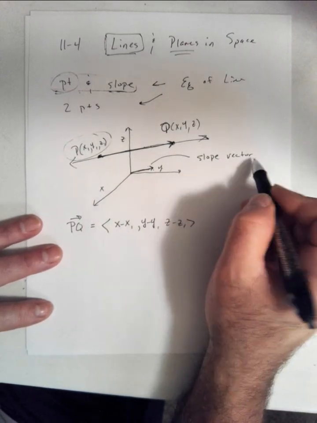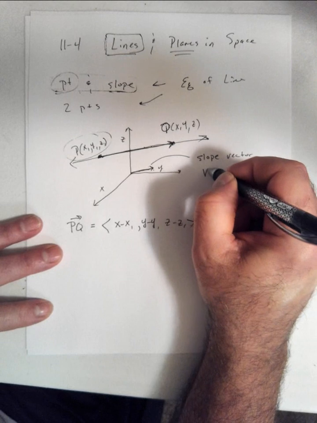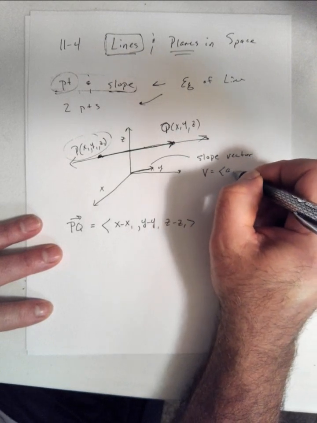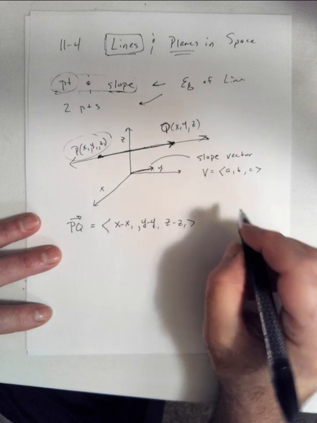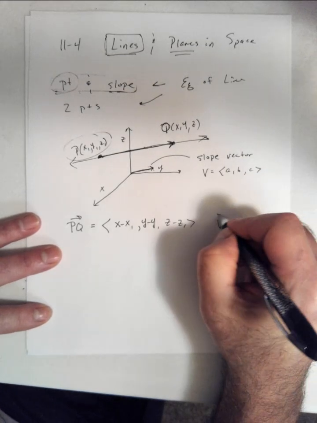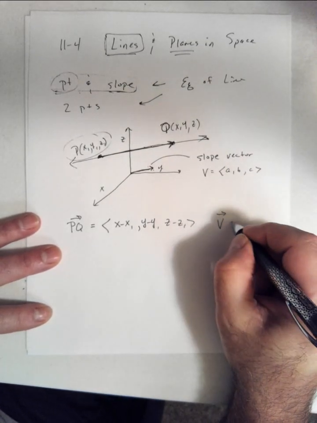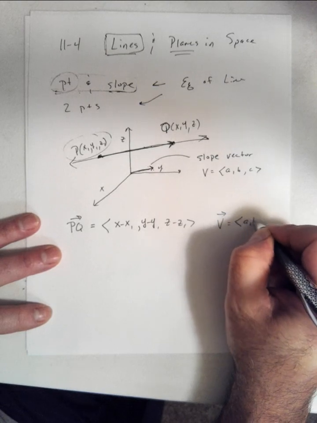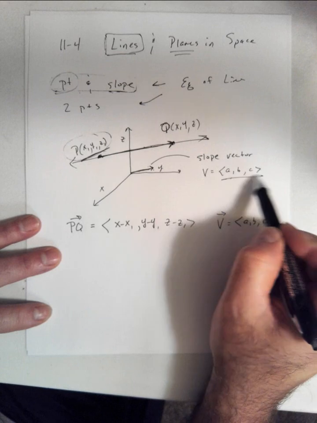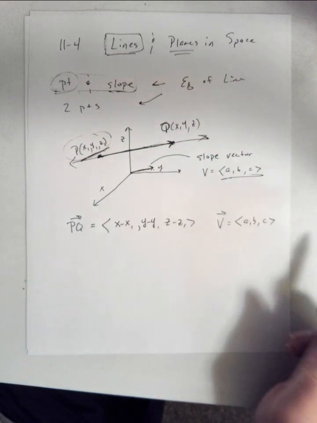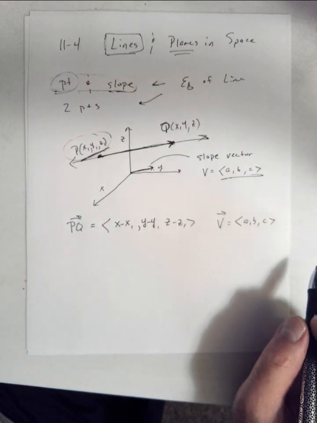Okay? And then this has to also be given, so I'm going to just say that. That's my slope vector. Okay, so v is my slope vector, and its coordinates are a, b, and c. And keep in mind, you will be given p, and you will be given v. And I'll show you an example in a minute. Okay? Now,